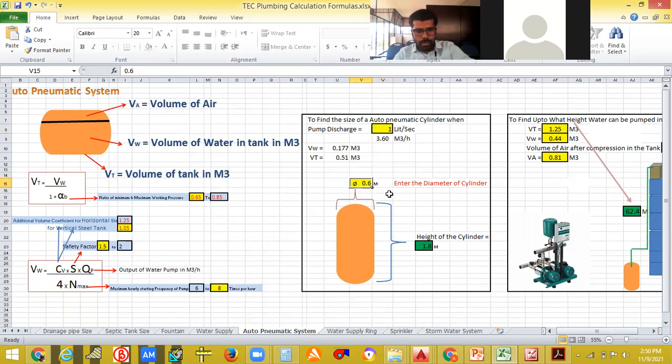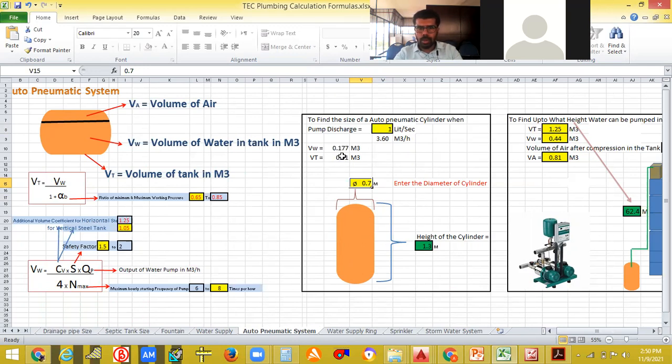If you change the diameter, this will change, and you will get the height of the cylinder. If the diameter of the cylinder is 0.7, the height is 1.3.